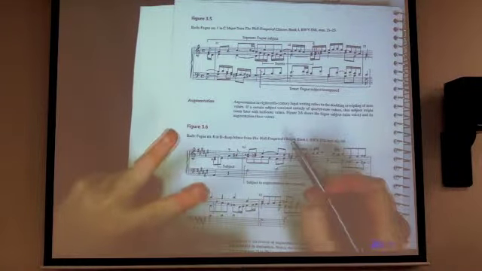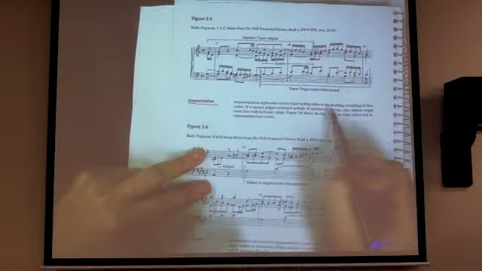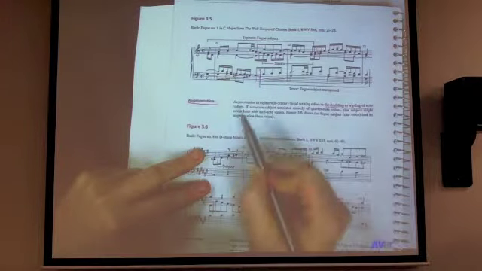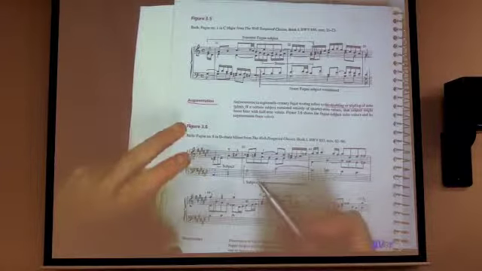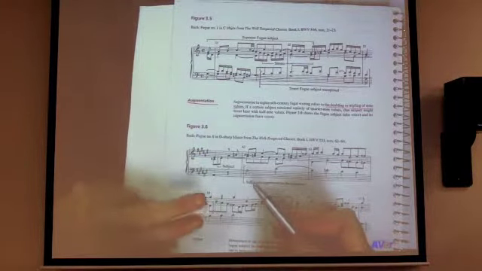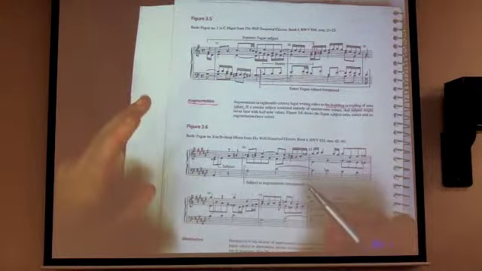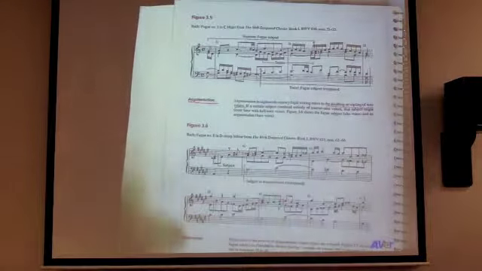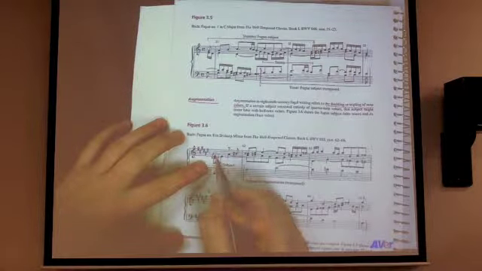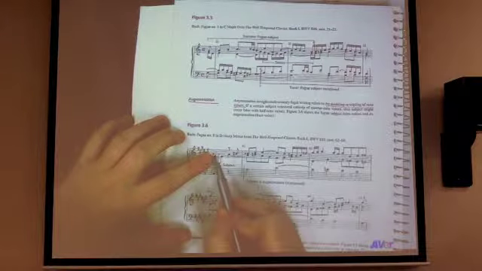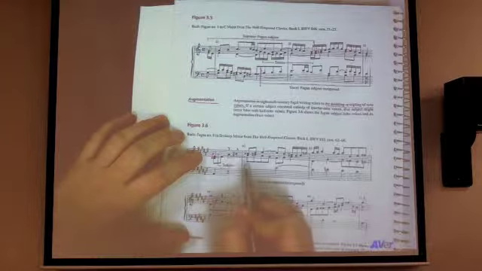Two more things that you have to know, all right? Augmentation. So augmentation refers to the doubling or tripling of note values. So basically what happens is you have one fugue subject that's maybe all on eighth notes, right? And then in the other voice, they do the exact same thing, notice in stretto, and they double it. So it goes into quarter notes, and it's spread out over the course of the fugue. So in this case, and actually this should refer to this guy right here, this quarter note E that's doubled. So here you've got quarter, quarter, tied to an eighth,